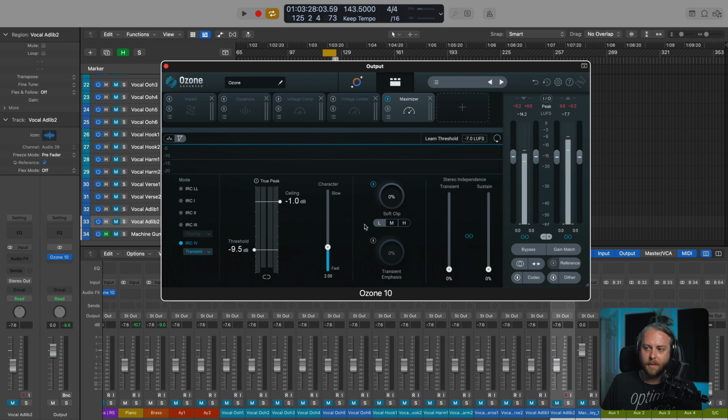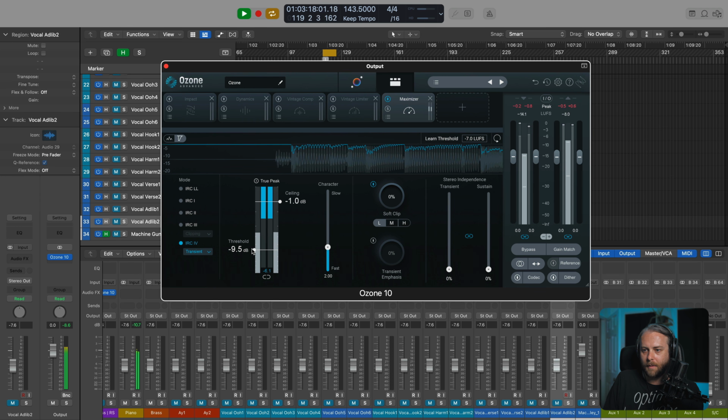So we have 3 different modes here of soft clipping. We have light, moderate, and heavy. And they're all going to be dependent on whatever you want to do with your particular track. So if we put light on here, we're going to get not just a high fidelity level boost, but also a little bit of saturation. Just going to adjust my threshold so we're not too loud. All right, let's bring this guy in.